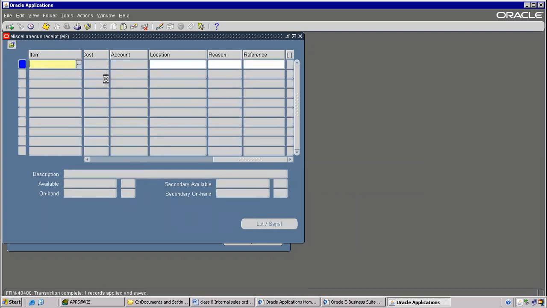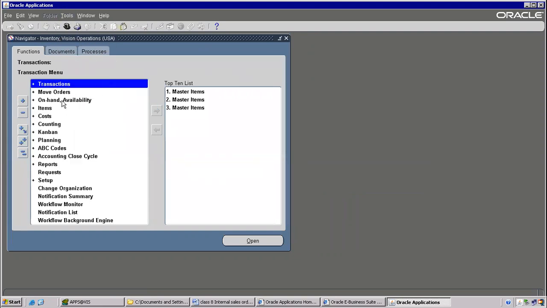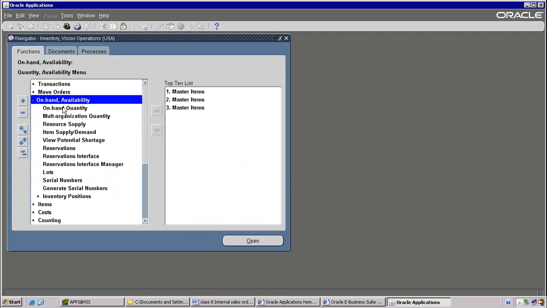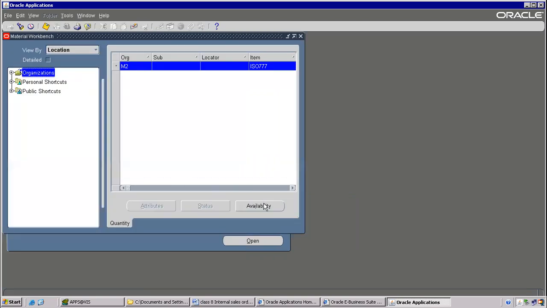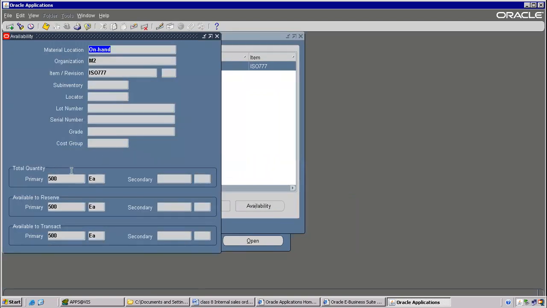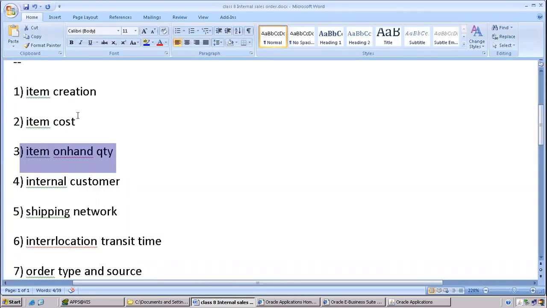Once you enter the quantity, we need to check on hand availability and then on hand quantity. Okay, find. You can see the quantity. Clear? Third step is also over. Next is